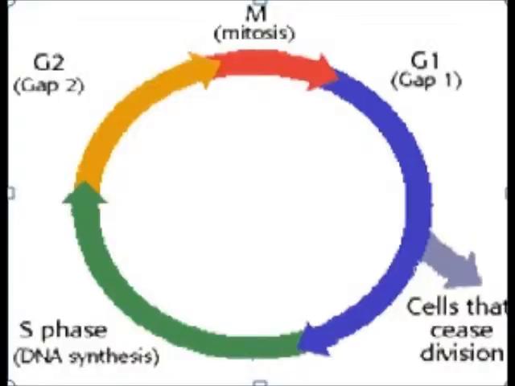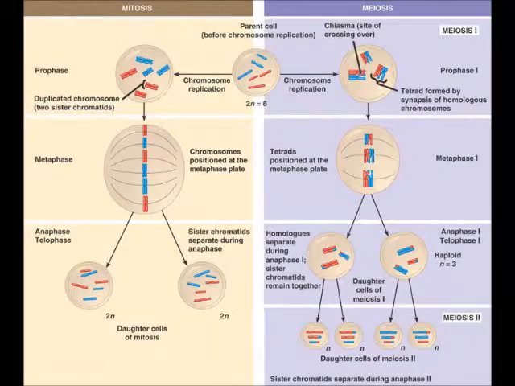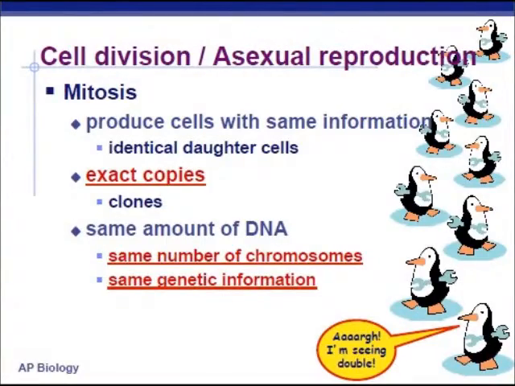The cell cycle is comprised of the G1 phase, S phase, G2 phase, and mitosis. Meiosis is another type of cell reproduction with similar steps as mitosis. So how are they different? Mitosis is used for cell division and asexual reproduction, where the parent cell passes copies of all of its genes